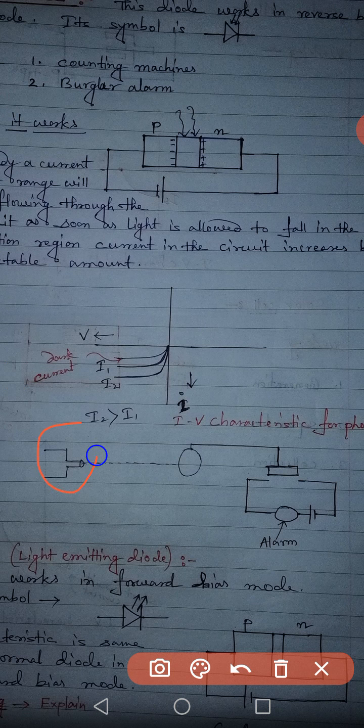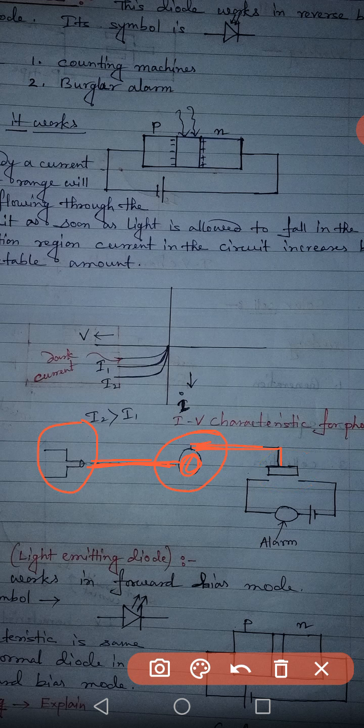There is a source of light from which light is continuously emitted, and it is allowed to fall on a photodiode. Suppose this is a photodiode along with its circuit. When light is allowed to fall on the photodiode, it will maintain a constant current. Due to that flow of constant current in the photodiode, there is another component attached with the photodiode. This is, suppose, a metal plate, which will be lifted. Lifted means you can see that this is another circuit, an external circuit. With this external circuit, there is no connection of this metallic plate.